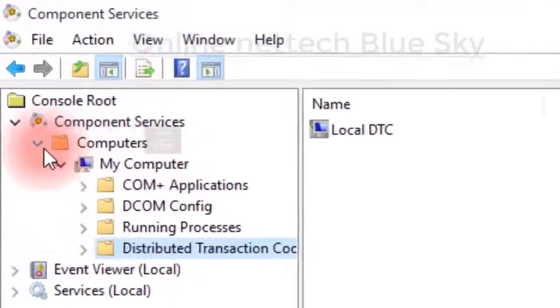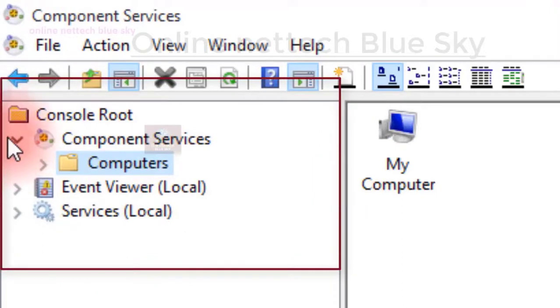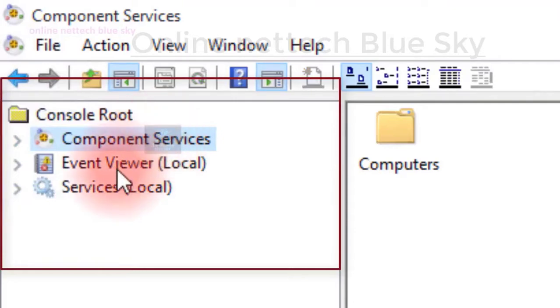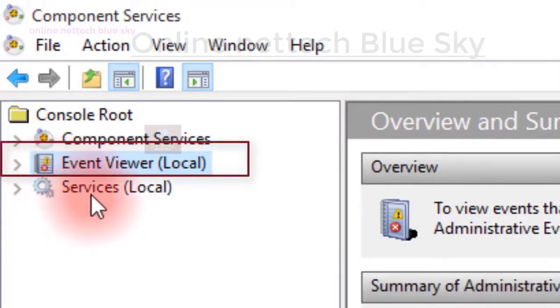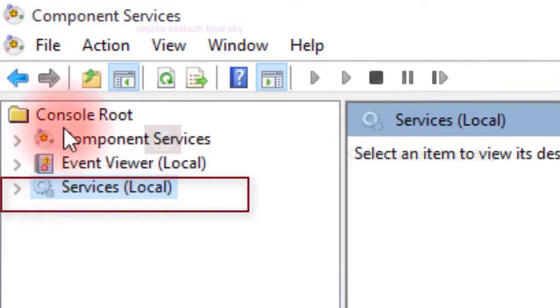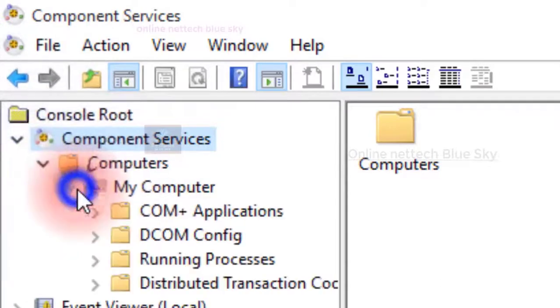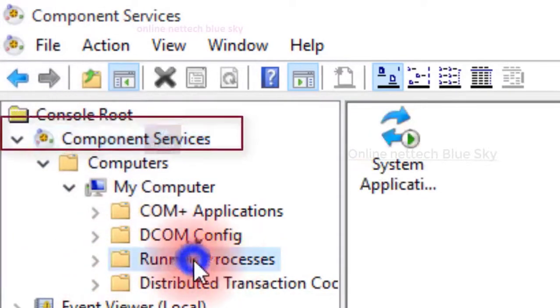Okay, so you can see here Computer Management, and Component Services. Now, this one is showing Services. Event Viewer. What is an Event Viewer? Event Viewer shows different types of information. What are the services? All of your main services, start, stop, anything. So Component Services, why this key in a component? I already told you, but today I'm just